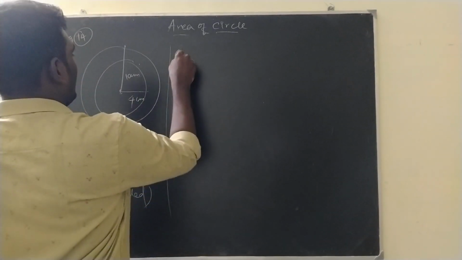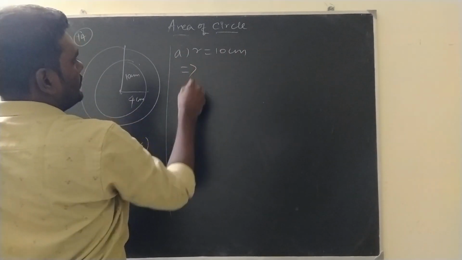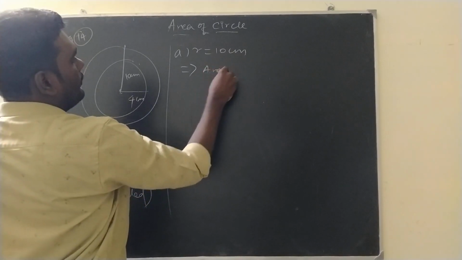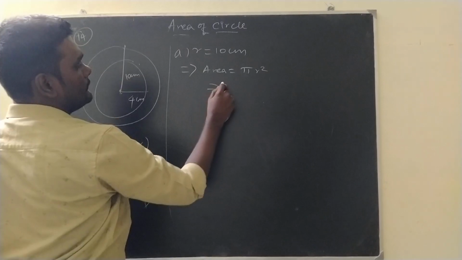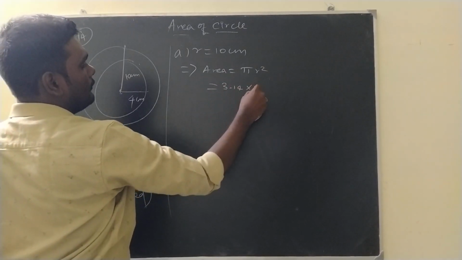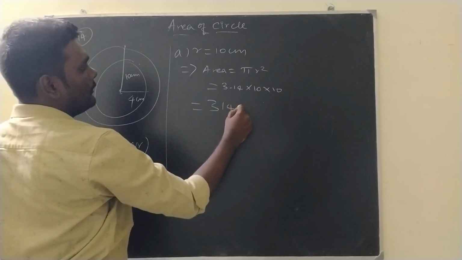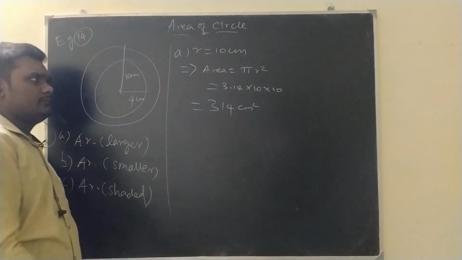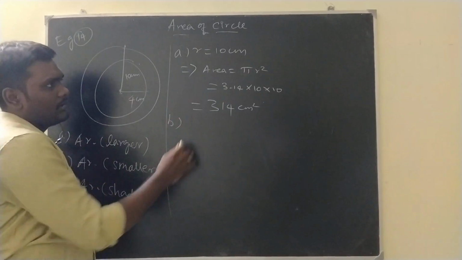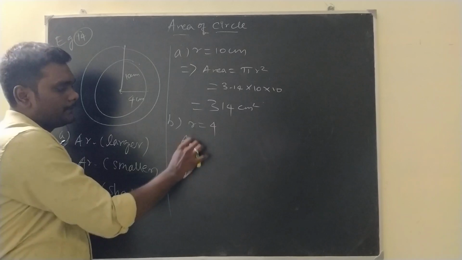The larger circle's radius is 10 centimeter. So the area is pi r square. Pi is 3.14 into 10 into 10. Then 314 centimeter square is the answer. Very easy. Then B subdivision, the smallest radius is 4 and its area is